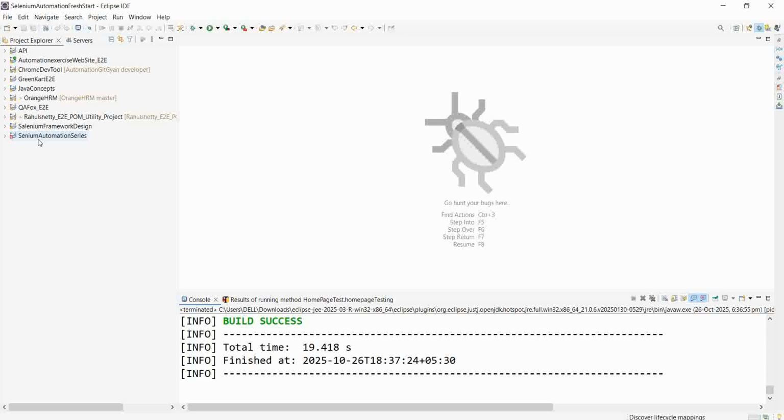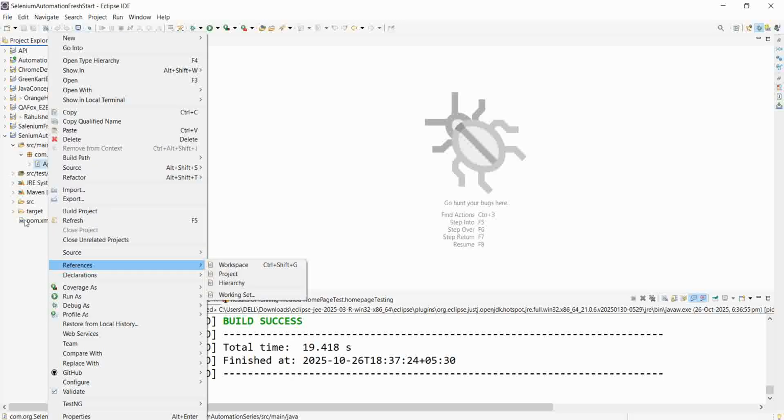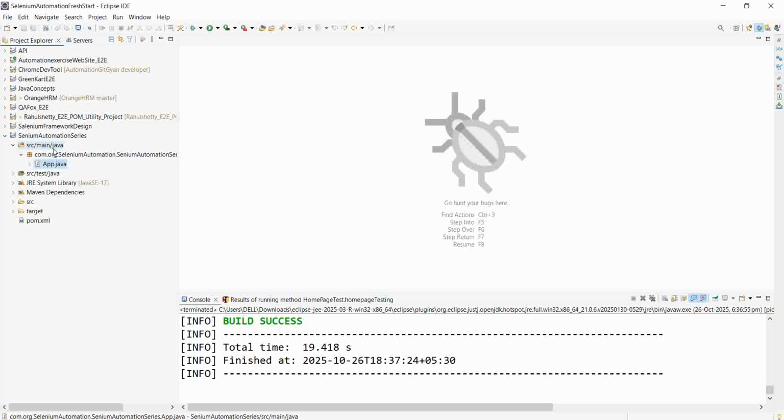In here you can see the project is created. Now once we expand this project, we can see one of the main folders is src/main/java. In here we can see the sub package com.org.seleniumautomation, and you have this project's name, and by default we have one Java file. Let's keep it as it is. The src/main/java folder is where you can write all the utilities and project classes and keep them in this folder. And when it comes to the test level folder,